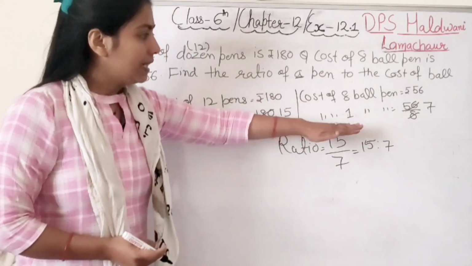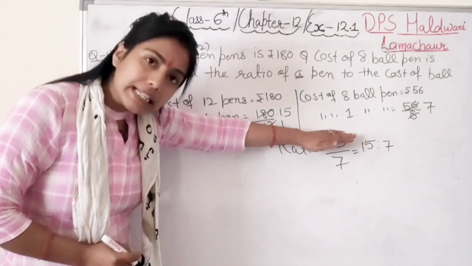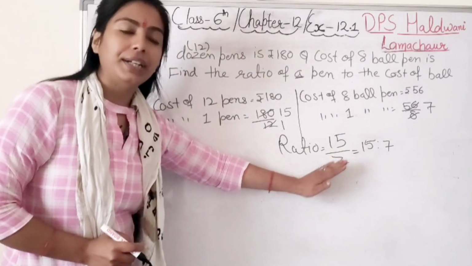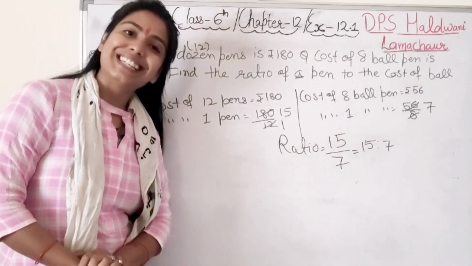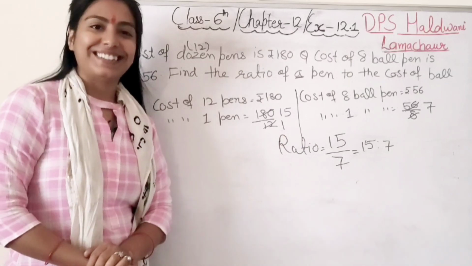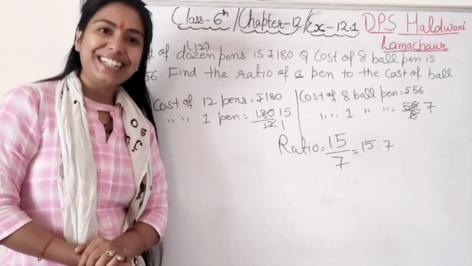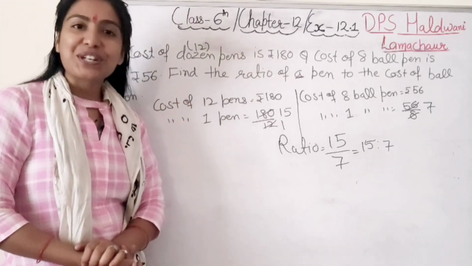Students, in fractions till here only we have done. But it is a ratio, so whatever relation is asked for in the ratio, you have to write down and give the ratio. That's it. This much only changes. The rest of the part is just the same as fraction terms. Right? So this was about our question number 12.